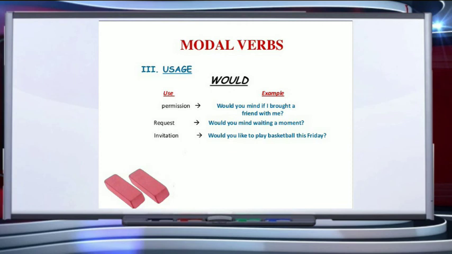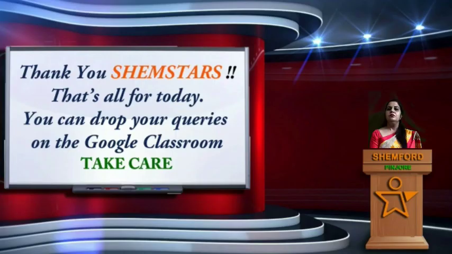So, children, these are the different modals and their usage. Auxiliary verbs which do not require further auxiliary verbs, they are used in their base form without the usage of any infinitives, without the use of any ing form of the verb. I hope, children, all of you have understood the different modals and how to use, where to use, and when to use them so that your sentences are grammatically correct.